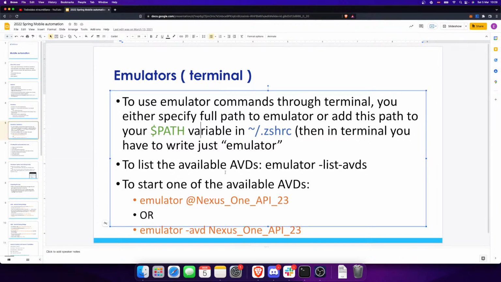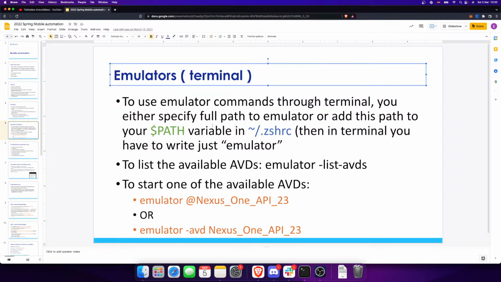Okay, and another way to start them is through the emulator. You need to have your Android HOME set, and after that you can just call emulator, and then